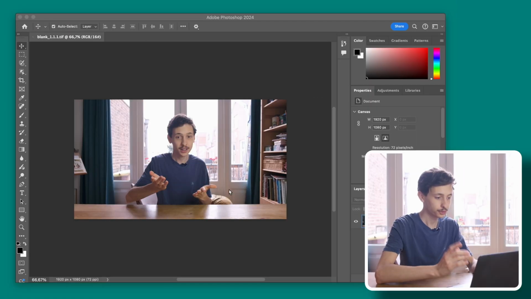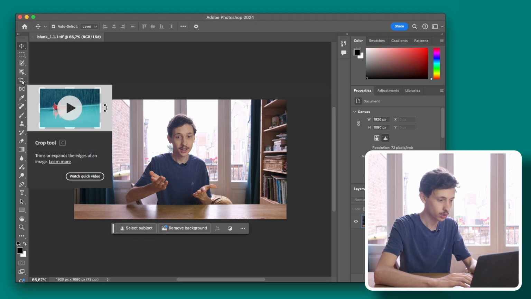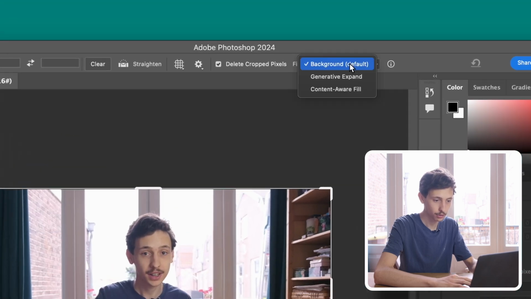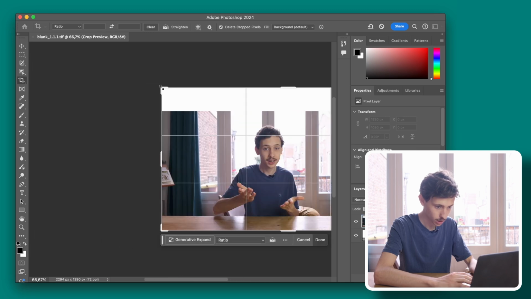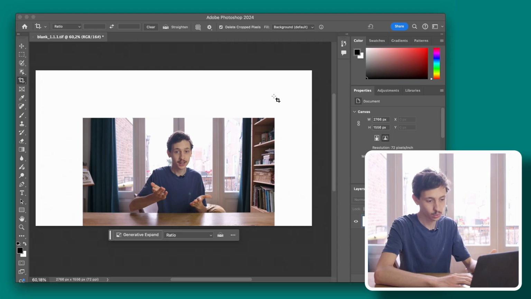In Photoshop we first want to create some room for the extension, so we're going to do that by using the crop tool. Now there is an option here for generative expand, but we're just going to use the default background fill method, and I'm going to show you what it is later. So we're going to expand the frame, make sure to keep the same aspect ratio. If we would have used the generative expand, it would have filled from the edges only the white area, but I also want some overlap into the image because I want to change some things. So we're just going to do it manually.